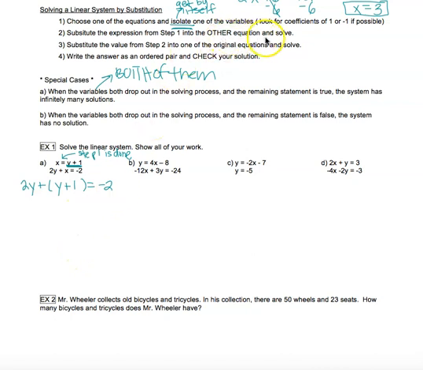It says, and solve. So I substituted. Now I've got to solve this equation. There's nothing inside the parentheses that I can do, so I can get rid of them. Now on the left side, I have 2y plus y. These are like terms, so that gives me 3y. So I have 3y plus 1 equals 2. If I want to solve for y, first I'm going to subtract 1. So 3y